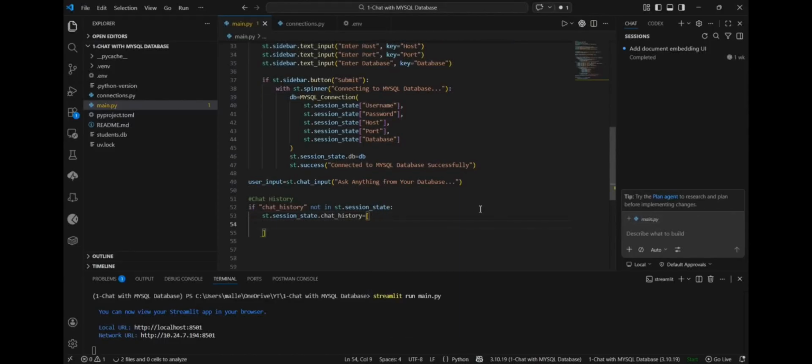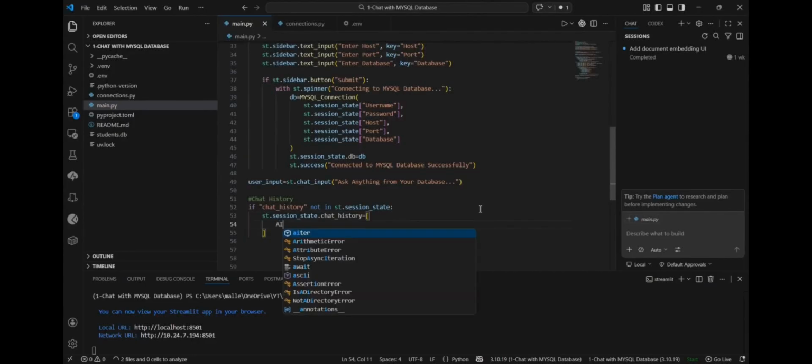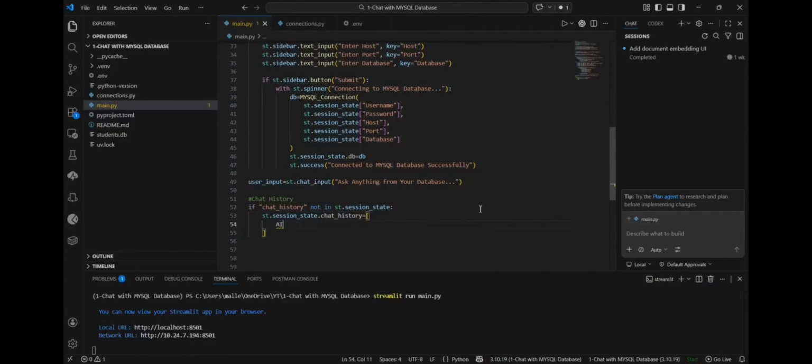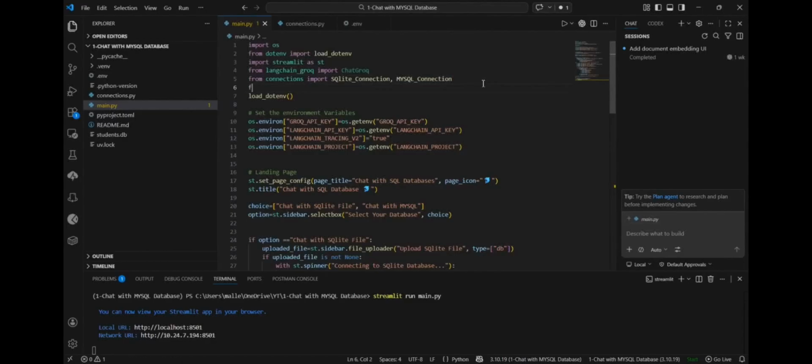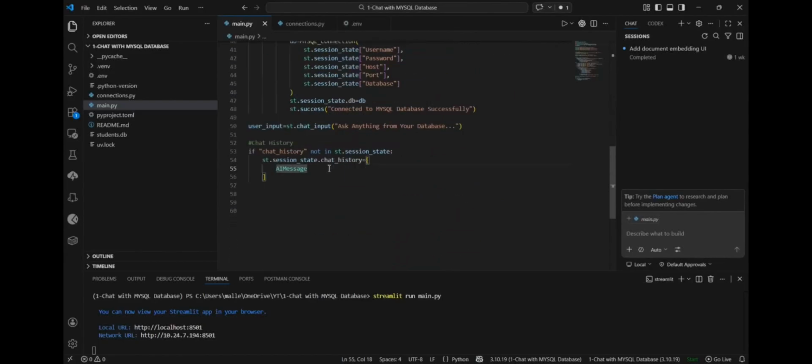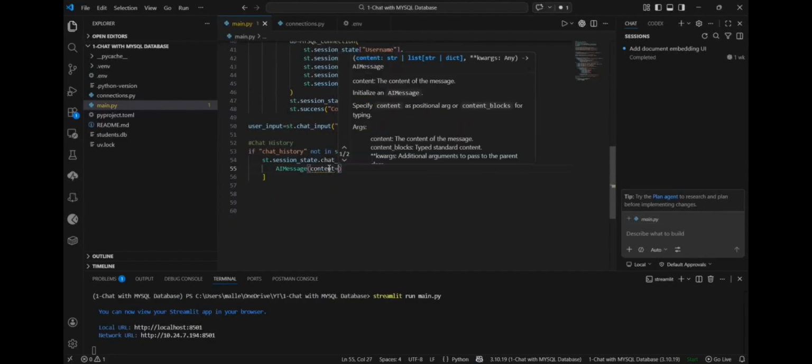Sorry, this will be AI message, and the content will be... sorry, before that I need to import the AI message and human message. So from langchain_core.messages, import AIMessage and HumanMessage. AIMessage is the message that the AI gives, and HumanMessage is the message that we give to the AI. And we need to define the content, that is, hello,